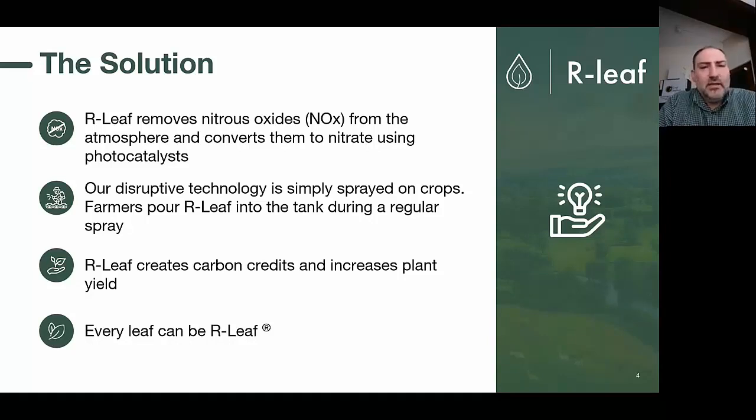And the specifications of the product are very important. There's a specific particle size. We don't go to nanoscale, which raises issues with any material, and we don't want the material to be absorbed by the plant. So we want it to sit on the surface, and this is where the catalysis happens.